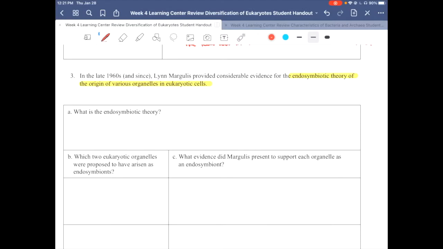Comment says mitochondria originated when a bacteria cell took up residence inside another cell. Yes, perfect example, and that is a great example of the endosymbiotic theory. And it says that eukaryotic cells originated when these ancestral prokaryotic cells engulfed other free-living prokaryotic cells and just enclosed them into their own vacuoles. And this is how major eukaryotic organelles came about. And a perfect example is the mitochondria. So let me write that out.